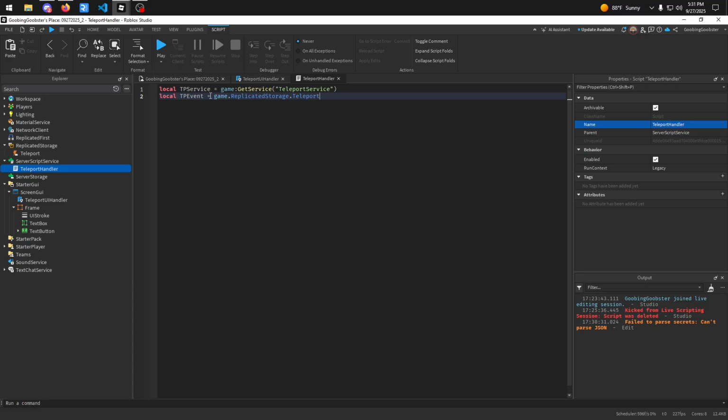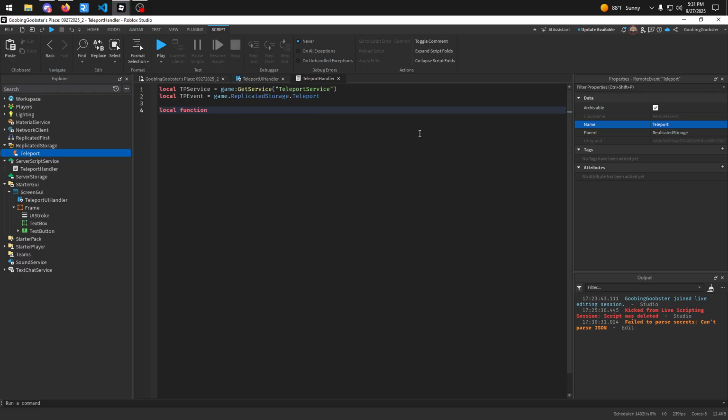That gets ReplicatedStorage here, teleport right here, as you can obviously tell. And then need to handle the event, right? So, oh, hold up, player, and then